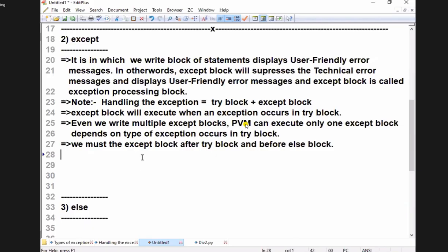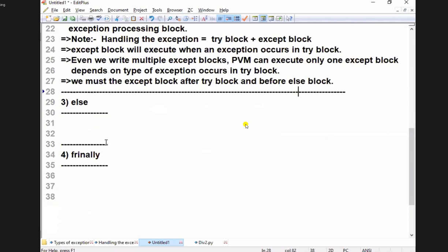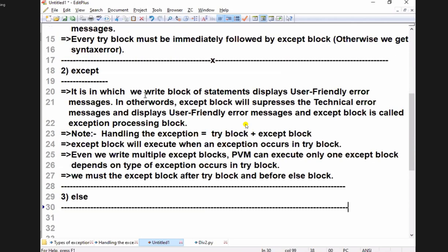Now coming to the else related information. After these points are over, I will tell you the varieties of except blocks.